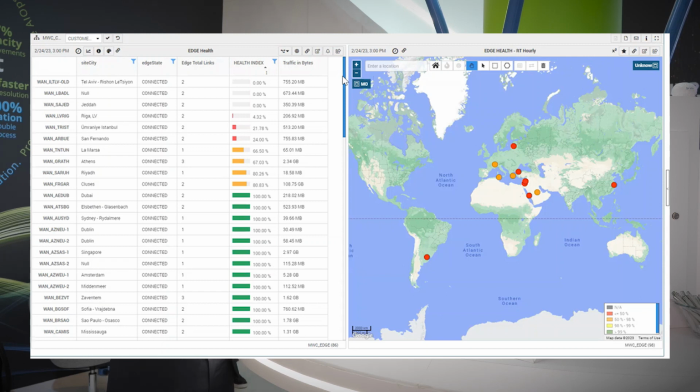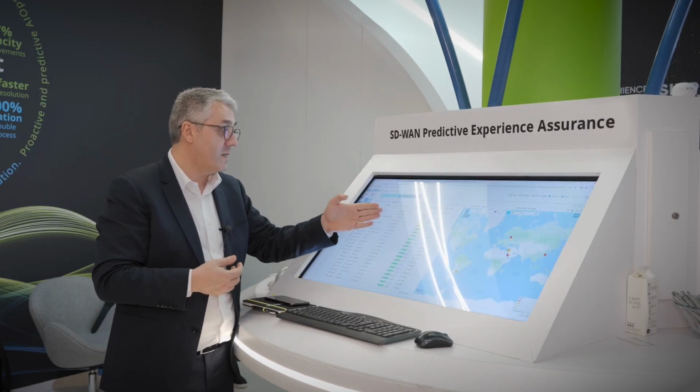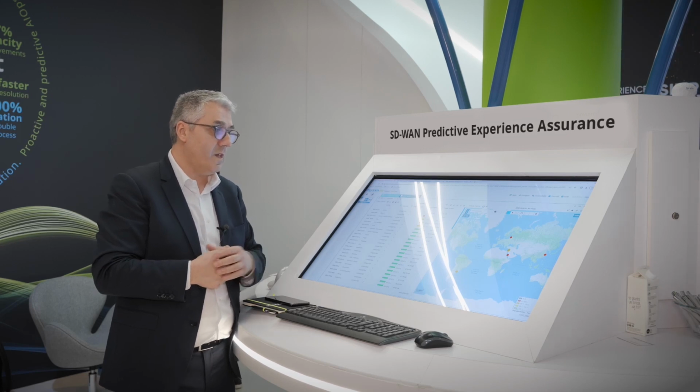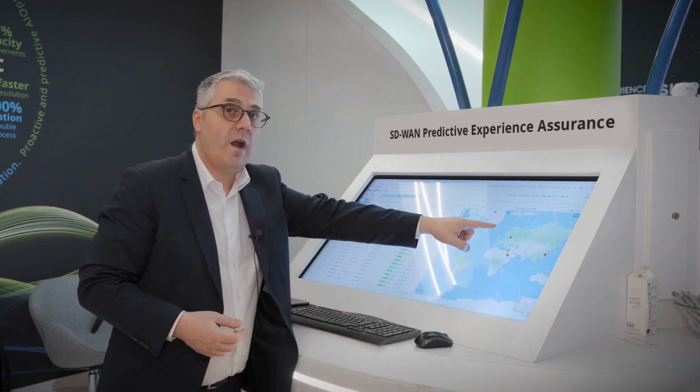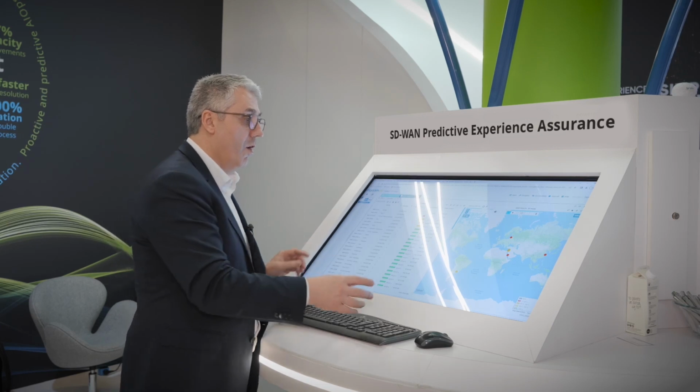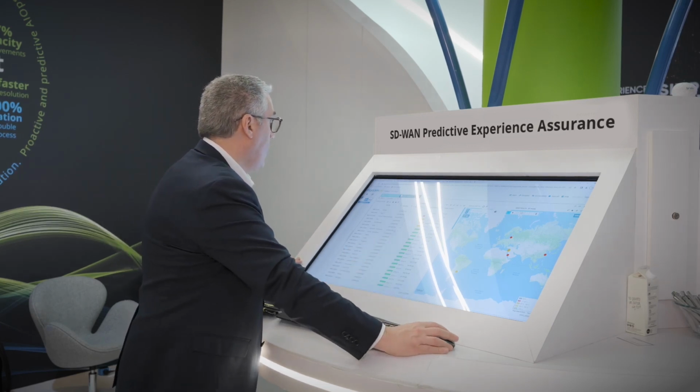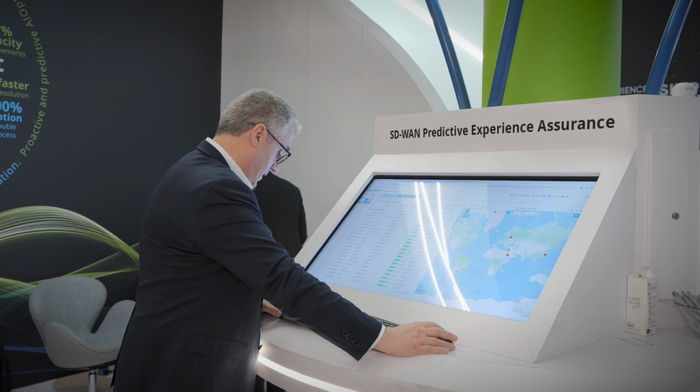As we can see on this particular view, there are about 6 customers not meeting their SLA. We can geographically localize them on the map, and we can equally select them